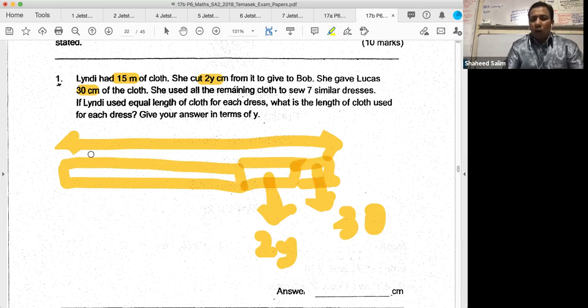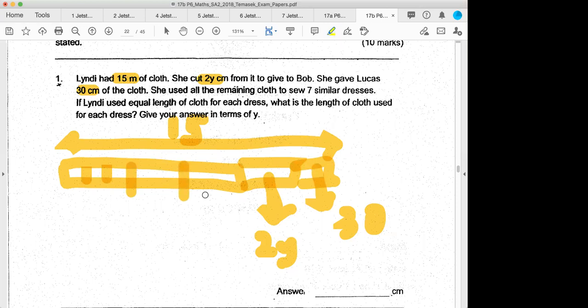So this is a long piece of cloth, 15 meters long. You cut out 30 cm, gave Lucas. Cut out 2y, gave Bob. So this is the remaining part. And the remaining part is used to sew 7 dresses. So each will be like that now. The amount of cloth, again,